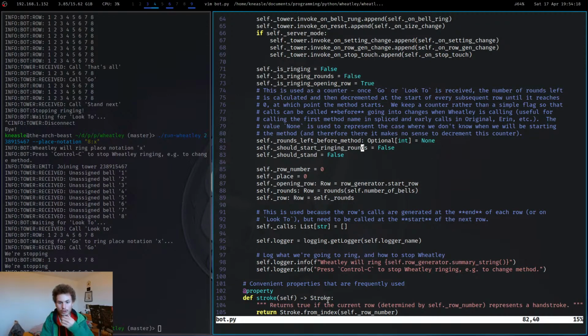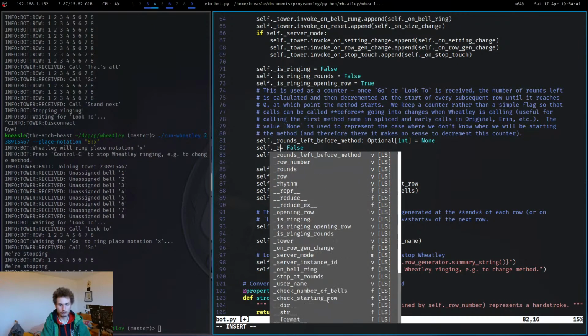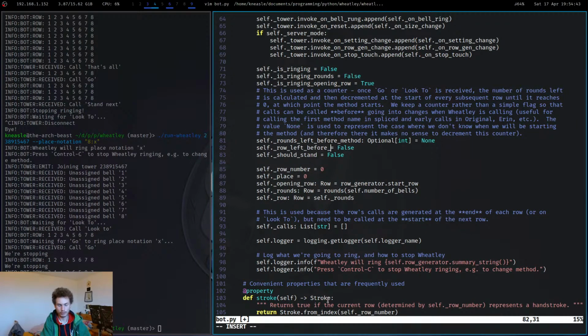Anyway, okay, so what I think we should do, what my plan was when I was thinking about this bug to start with, when I was making the issue, is that we should start ringing rounds instead of having this binary flag that's like should start ringing rounds. We should replace this with rows left before. What do we need? We need rows left before rounds. Does that make sense? And this is an optional int